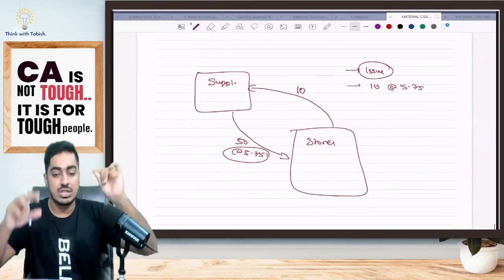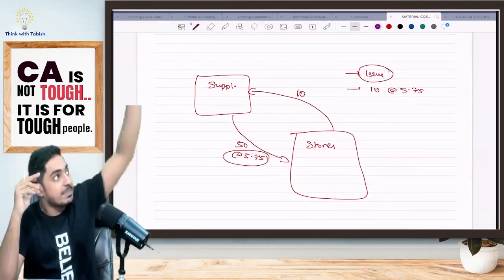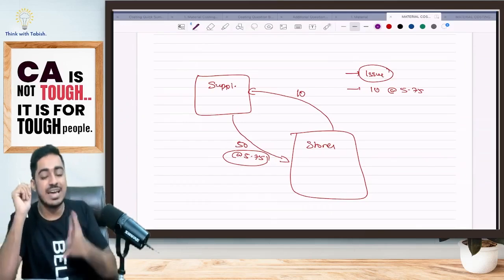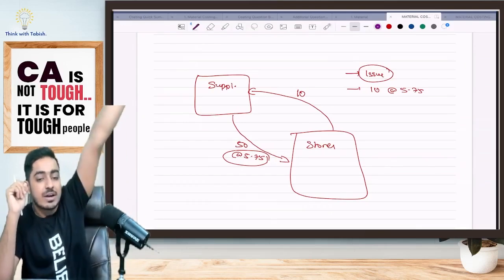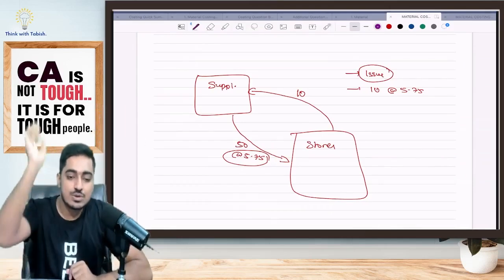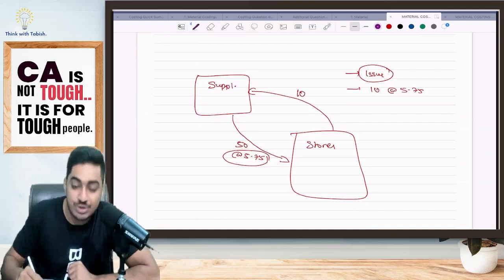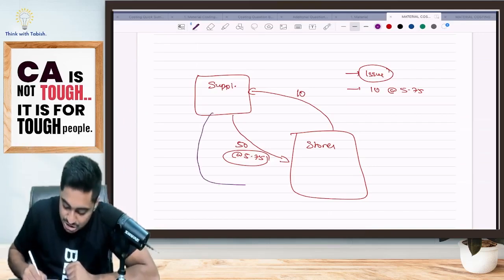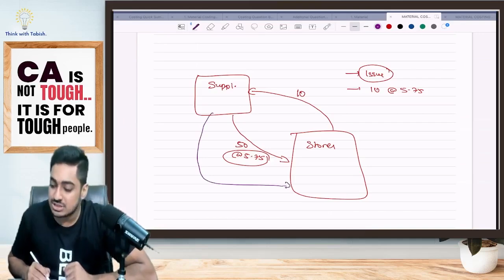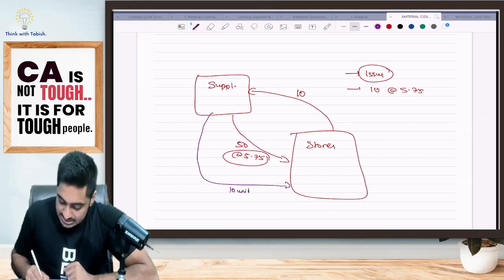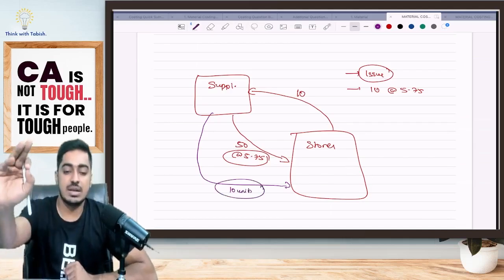Look at this story. From BN company, I purchased 50 units. Okay, at what rate? 5.75. I did not like it. I returned it back to him. Yes, how many units? 10 units. I returned it back to him. Now, as a good supplier, what is he doing? He is telling, oh my God, you did not like the goods. Don't worry, it was defective. I am sending you fresh goods. How much fresh goods did he send me? 10 units he sent me. Yes, that means all of you guys tell me one thing.